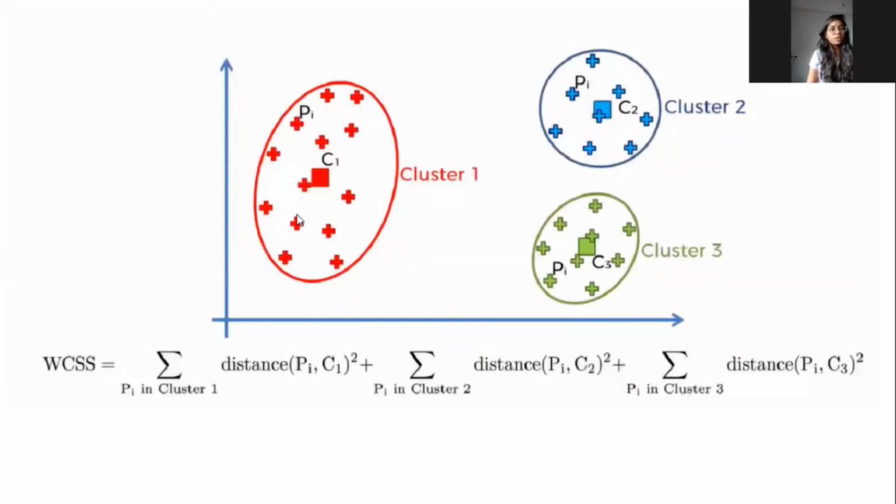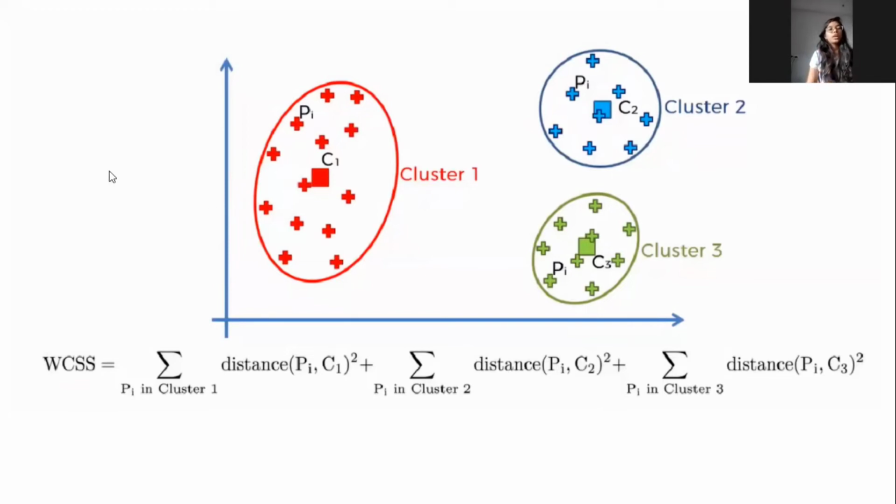Now, let's see what the elbow method is. We have discussed that the elbow method is the method from which we can find the actual or correct value of k. So here, before calculating the elbow method, we need to understand the concept of WCSS. WCSS is nothing but within cluster sum of squares.